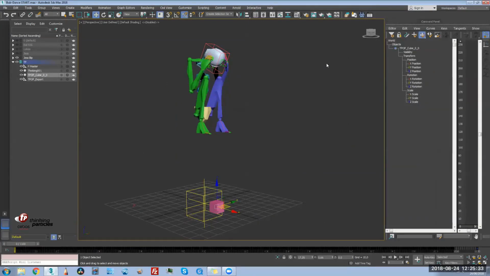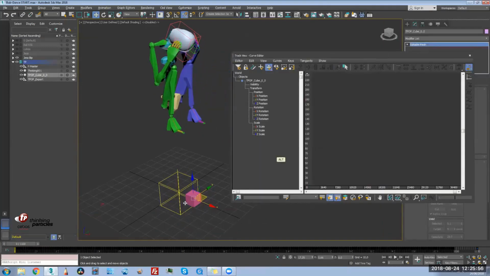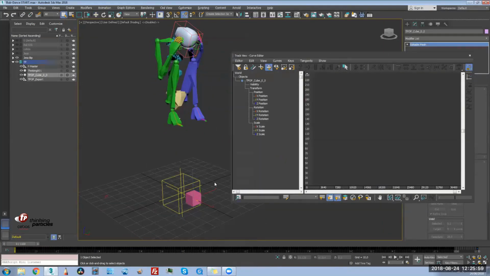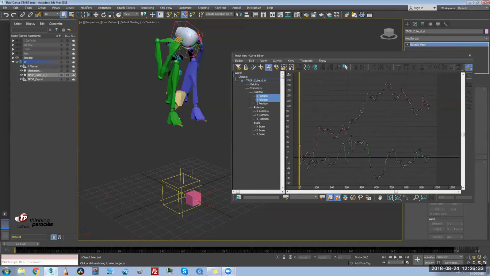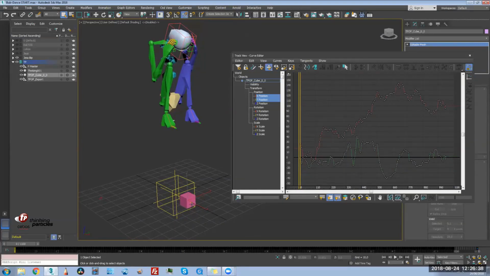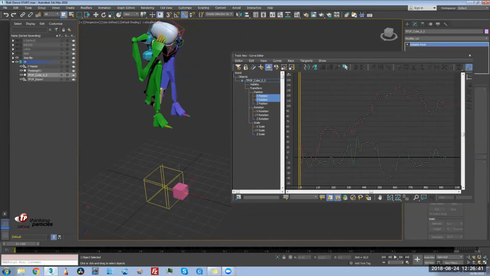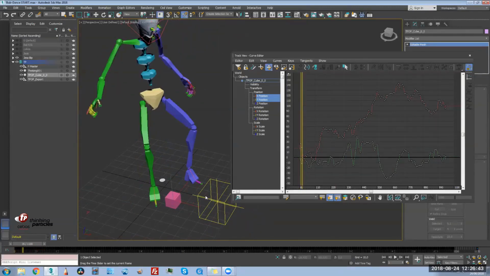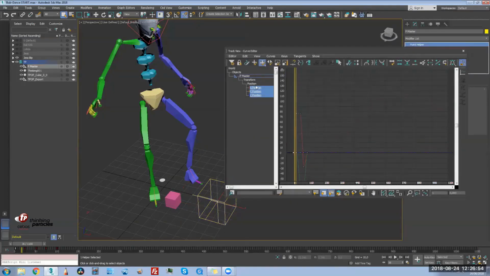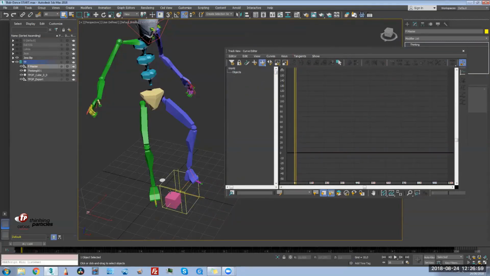Okay, now we have our animated geometry inside Max, and let's go analyze. We have a key per frame, and we want to move this x and y animation data from the Thinking Particles object to our main control object. So we do it with the track editor. We select copy the x-axis animation, and we select paste copy on the controller object. We do the same for x and y axis,